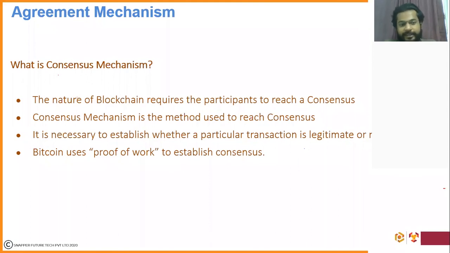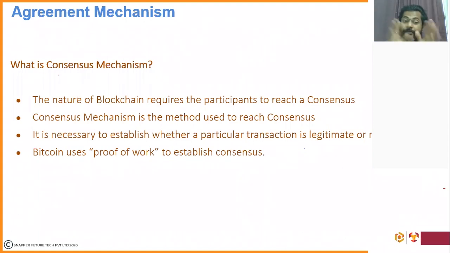Okay, so basically it is like this if you have to imagine. Once the university has declared the dates for exams, do you really think you can go and question it? Is there any discussion with you? No, even if you are a part of the education system, they won't discuss with you, asking, tell us when you want the exam. They'll just keep it whenever they want. So in the case of blockchain you cannot have the same approach, because you don't have such an entity sitting in between. It's all participants who are directly connected with each other. So there, taking everyone's agreement is necessary. So that's called consensus, and the process through which you reach the consensus is called consensus mechanism.